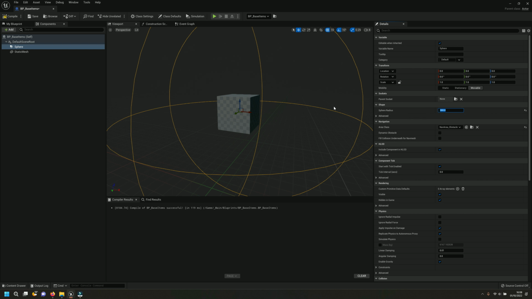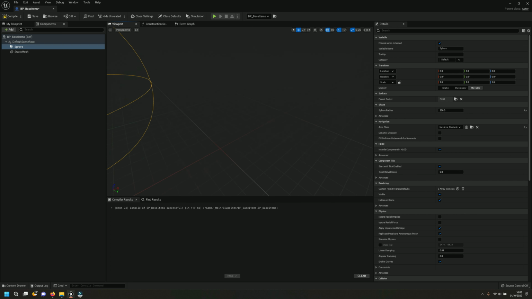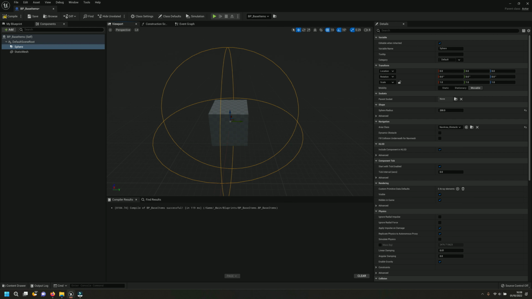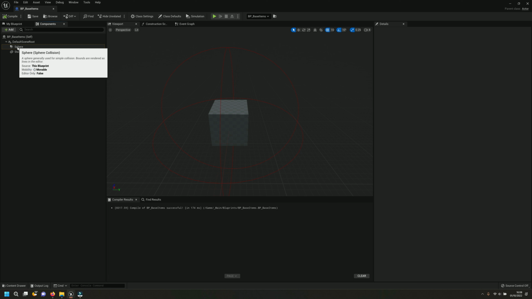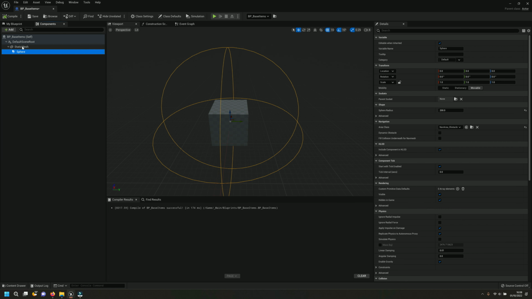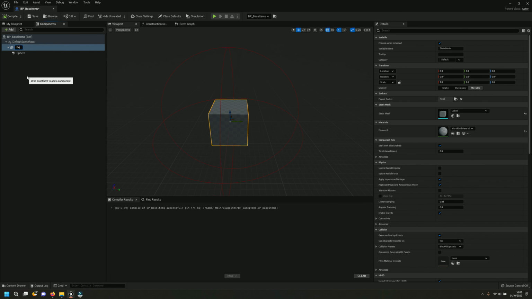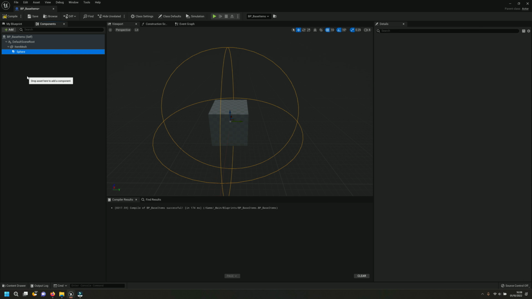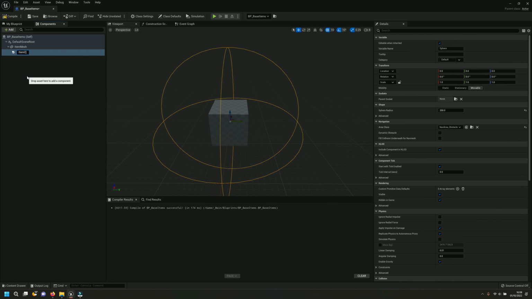Let's see, I think that's too big. It's gonna make it 200 for now, right? And the way you can see this sphere in game to make sure it's the size you want, what you do here is you select the sphere. I'm gonna just name it. I'm just gonna put the sphere as a parent of the mesh, so it's gonna be the item mesh. I'm gonna rename that an item